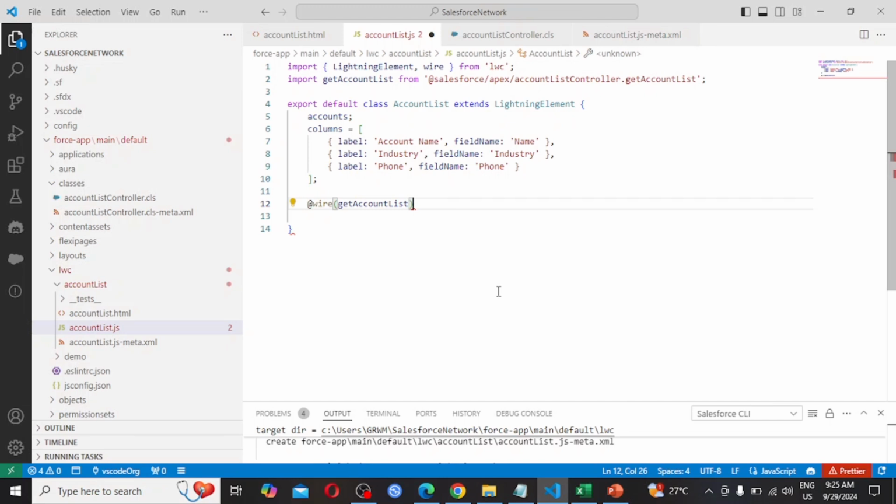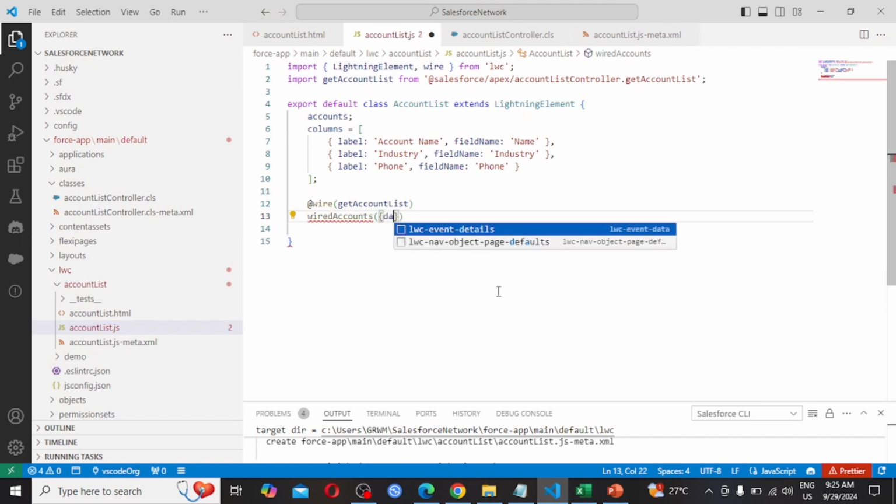@wire getAccountList, enter wiredAccounts, and in bracket we are passing data.